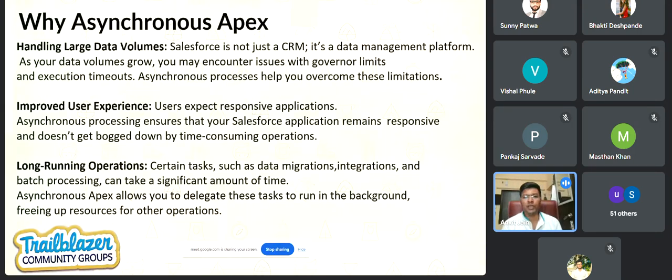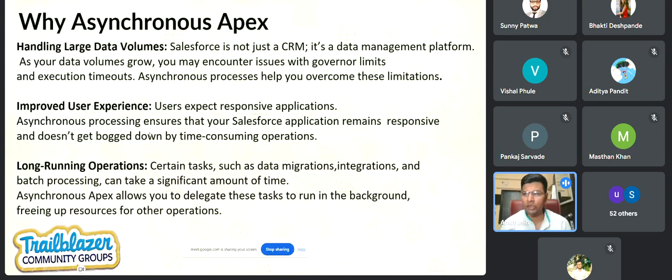In my earlier project, when I worked on a large data volume, the users had an unpleasant experience. The response from the customer was taking around 5 to 10 seconds. Our users can't wait that much, they would be annoyed. So we thought, let's move. We identified the operations which could be moved into asynchronous, and which we still had to do in synchronous mode, and then we handled it. So this is a very practical use case.